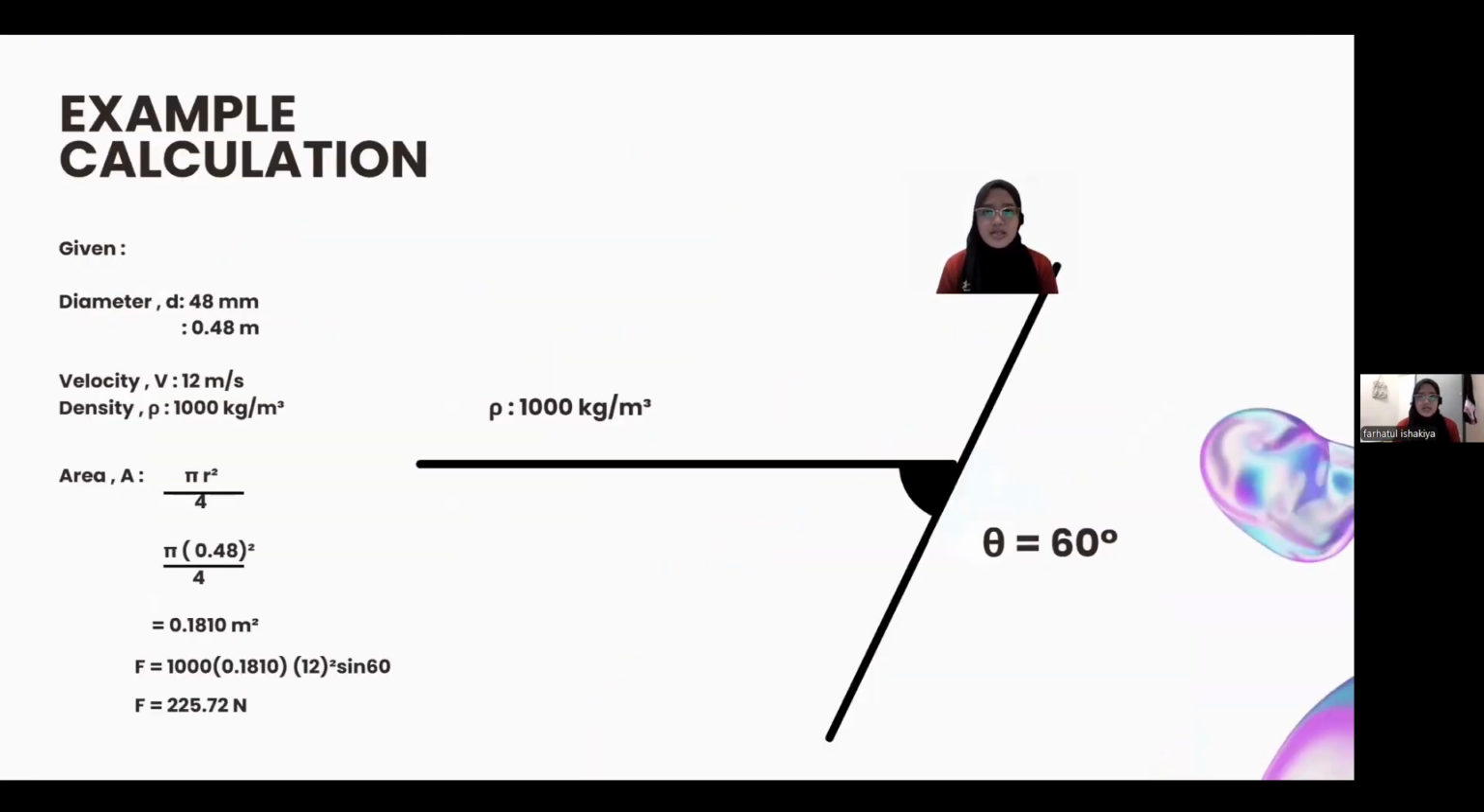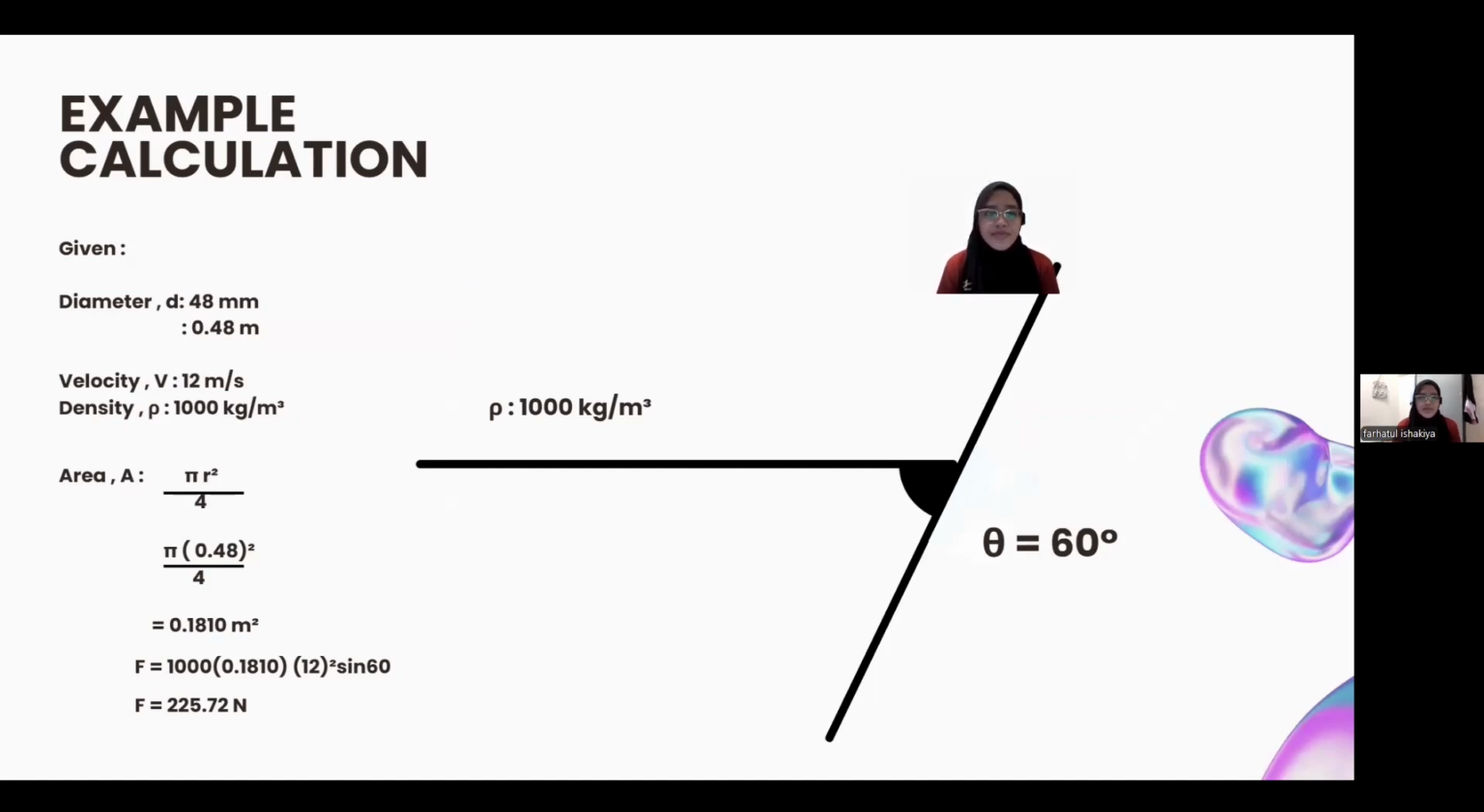The next example calculation, given diameter, it is 48 millimeter, and we will change to meter, it will be 0.048 meter. Velocity, we have 12 meter per second, and density, we have 1000 kilogram per meter cube. So area, use the same formula, and we will get pi times 0.048 square over 4, and we will get